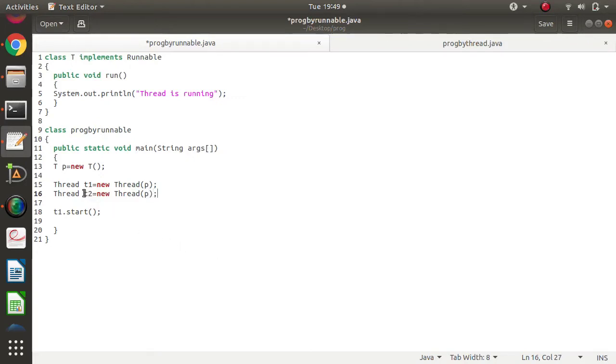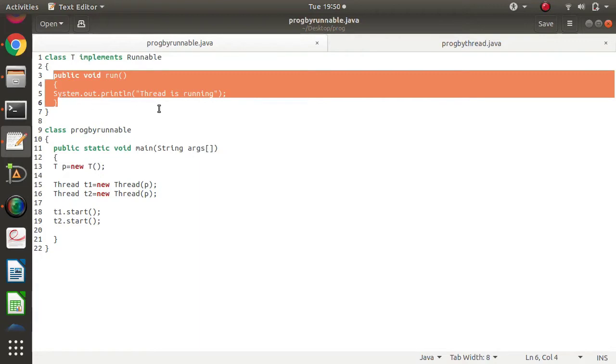As we have created new object t2, it will be used for the second thread. Now to start running of that thread, we need to call start method. Okay. So now we have created two threads, and both the threads have the same task, that is they are printing this thread is running. We'll run this program.